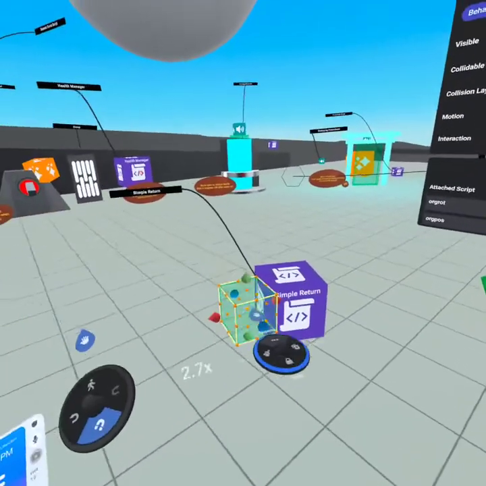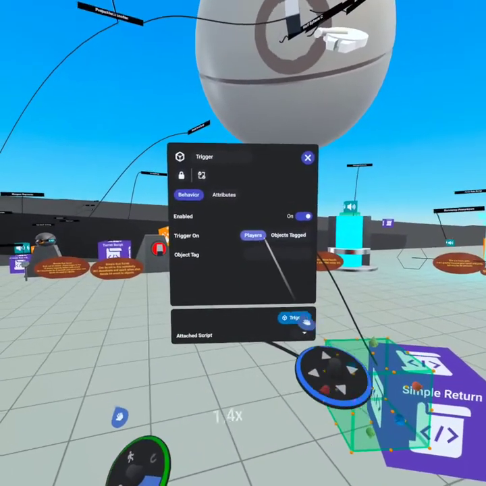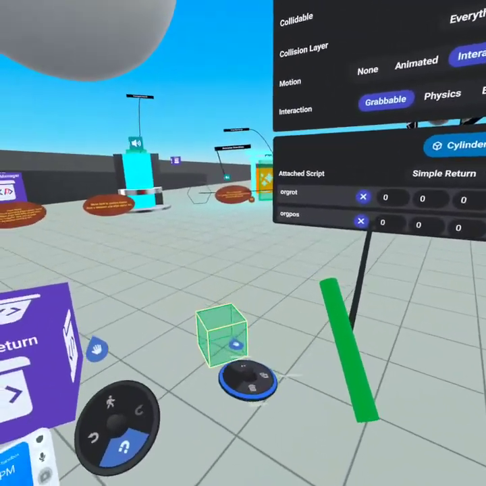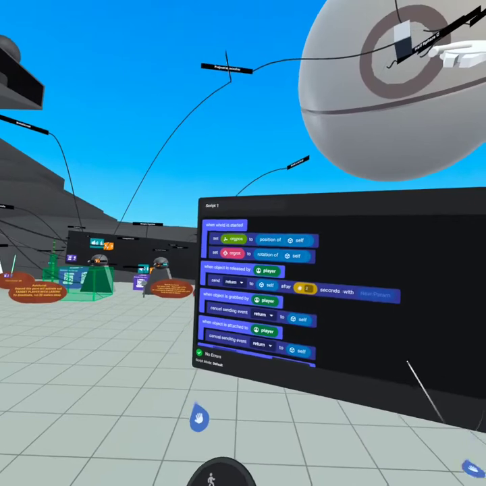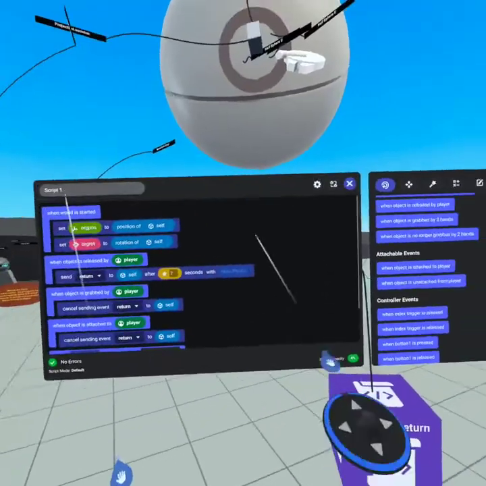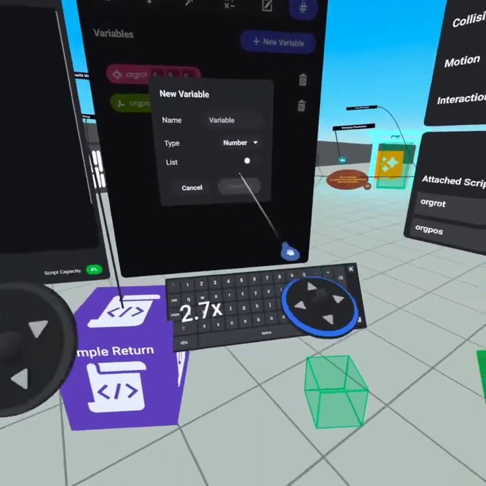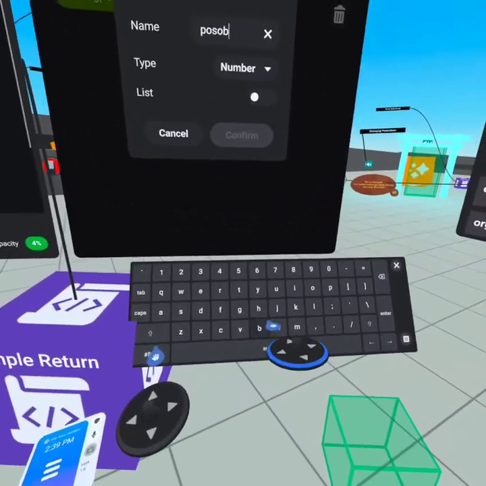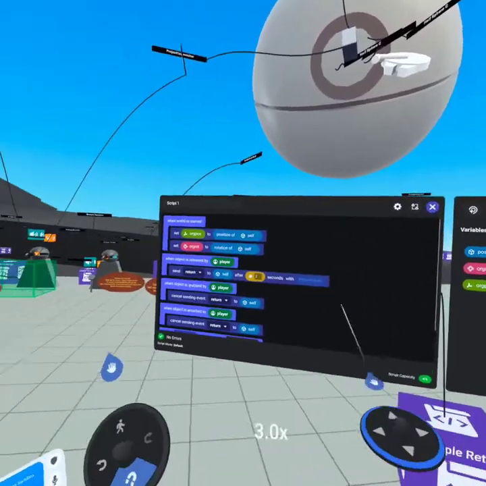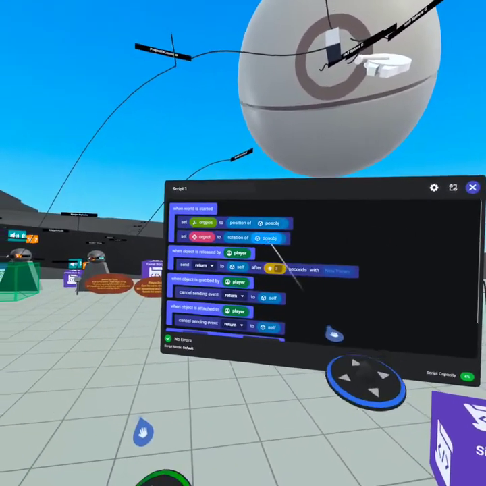What I've been doing is using a positional object, just a trigger, because that doesn't take up too much space. I'm going to turn it off because we just want this here for its position. And so rather than setting the origin position and origin rotation to the rotation of itself, because again, in a local script, that's going to change, what you do here is you create a pos object, a position object that is going to be an object variable. And so you say, we're going to set it to this position and this rotation,